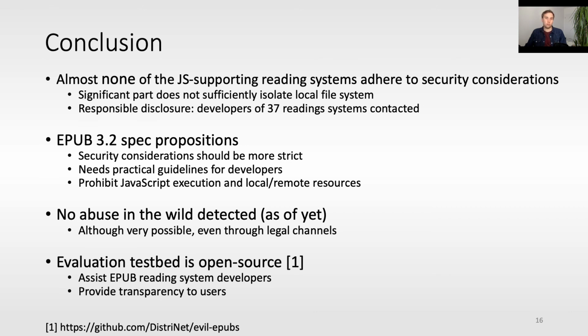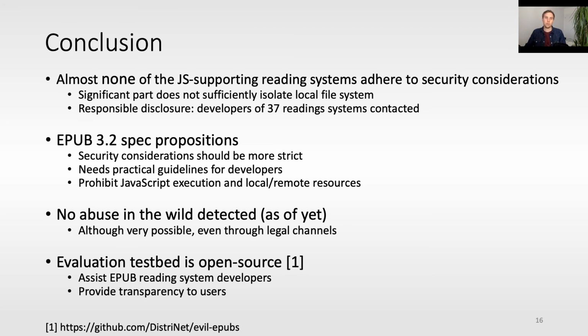As a more long-term solution, we propose to revise the Epub specification. Foremost, we urge to make the security considerations more strict. For example, the enforcement of the same origin policy should be an obligation instead of a consideration to safeguard millions of users. Furthermore, we argue that the inclusion of practical developer guidelines for embedding web engines would greatly benefit the overall security. This could prevent the misconfigurations of important security policies and the unintentional inheritance of potentially dangerous web engine functionalities.